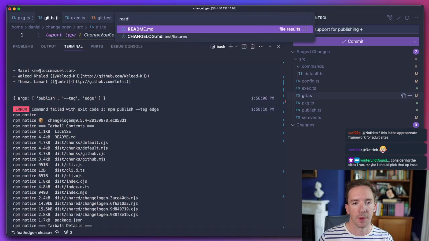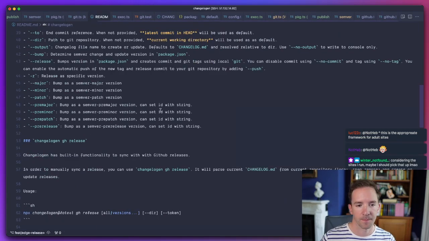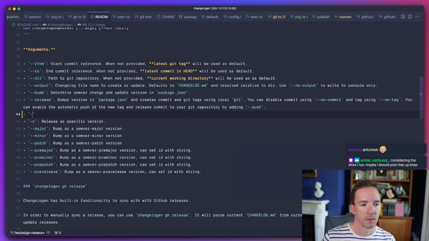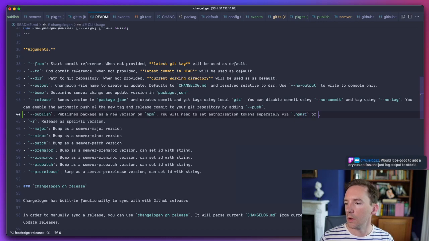And we need a README update as well. So what we would want to do is publish the package as a new version on npm. To set authorization tokens separately via npmrc, or